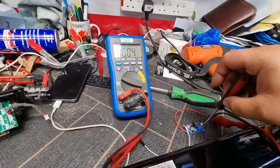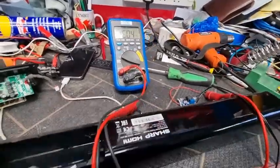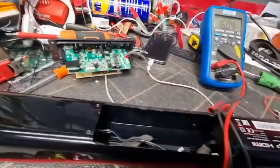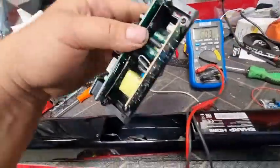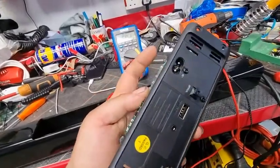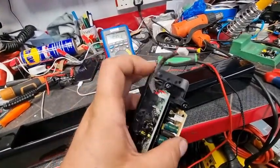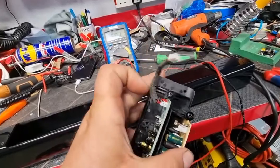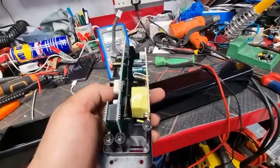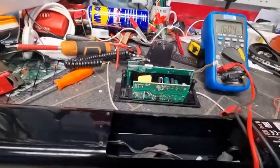I think that will do. Around about 16 volts is good enough. And then all we've got to do is, you see this power board here. Right, now the bottom board is actually the mains, and they're just plugged there. So we're just going to plug straight into this here. So what I'm going to do, actually I might as well just do it while I'm talking to you guys,